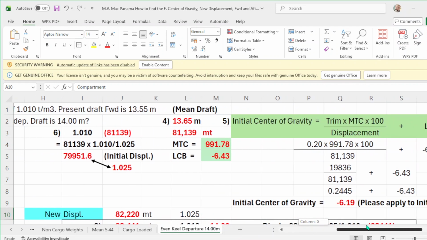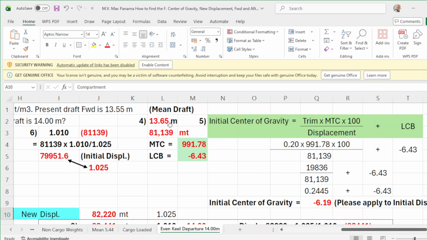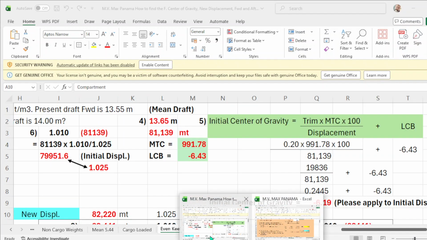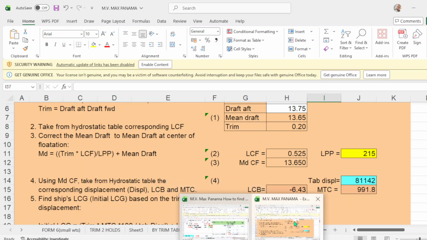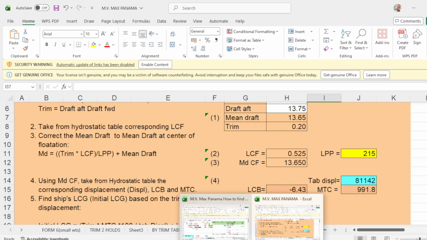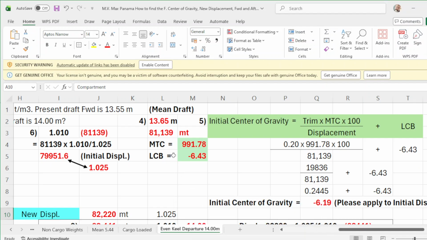So number 4, okay, look at number 4. The drop will be 13.65, or mid center of rotation is 13.65, or your main drop, which is the same. And it says here, with this drop, what will be your displacement? So the displacement is 81142, and the displacement that I have is 81139.